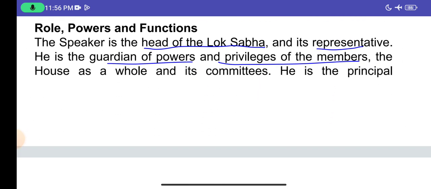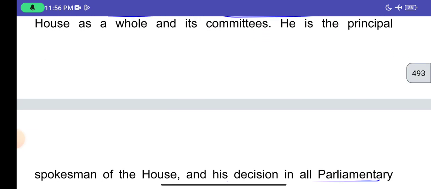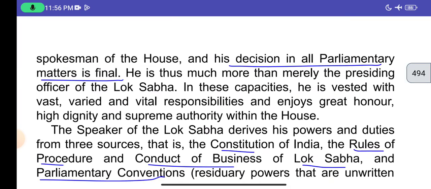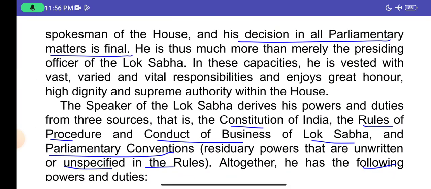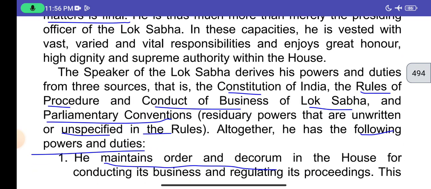The Speaker is the head of the Lok Sabha and its representative. He is the guardian of the powers and privileges of the members, the House as a whole and its committees. He is the principal spokesman of the House and his decision in all parliamentary matters is final. He is thus much more than merely the presiding officer of the Lok Sabha. In these capacities, he is vested with vast, varied and vital responsibilities and enjoys great honor, high dignity and supreme